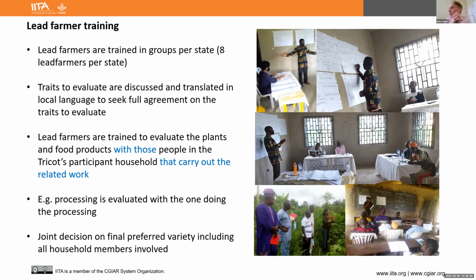So the traits that we'll be evaluating, I've showed some of them, are already in the language of the farmer. So we are not asking them, can you evaluate whitefly resistance, or can you evaluate dry matter? We don't put it in those words. We put it in the words from the trait definitions that we already got from surveys.